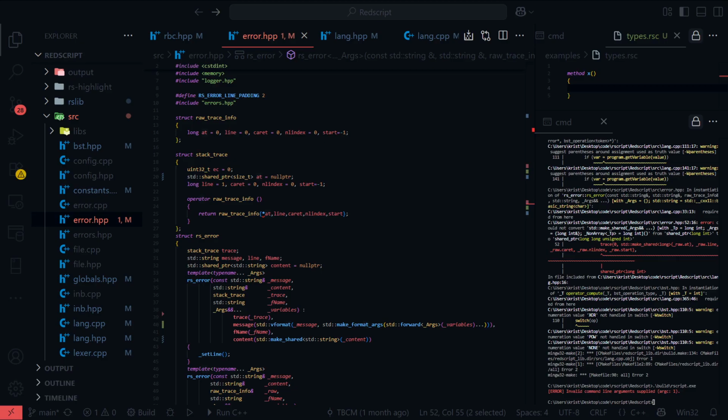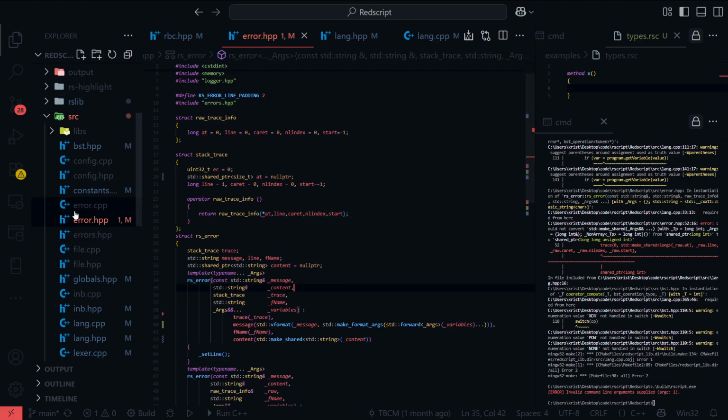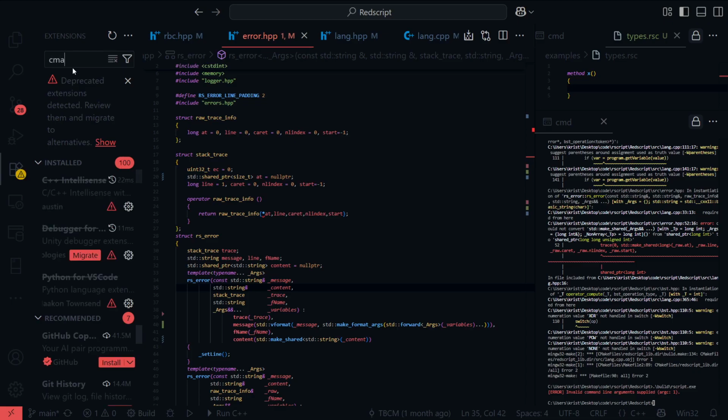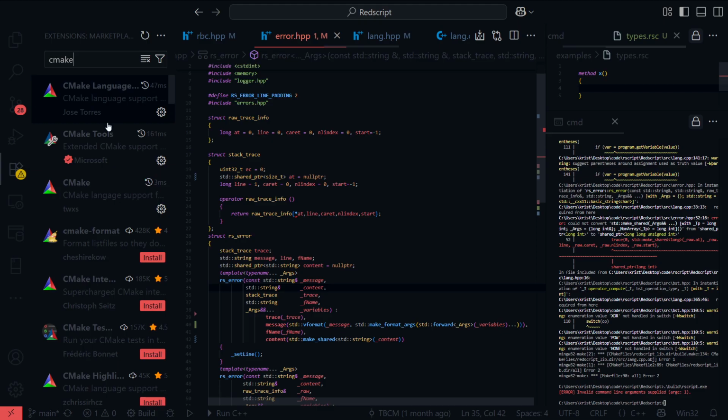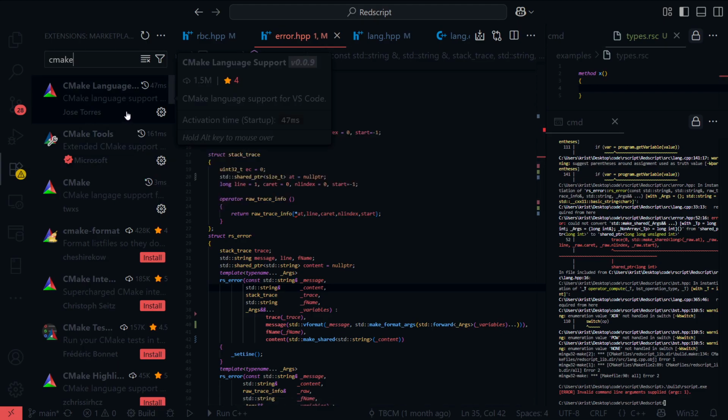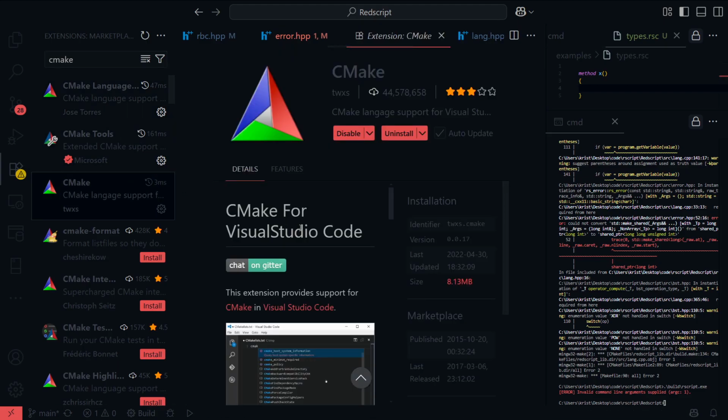Why don't you just use the CMake extension in VS Code? Let's check it out. I think I have it installed. CMake language, CMake, yeah.